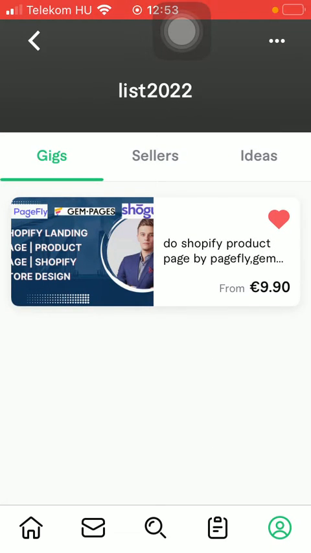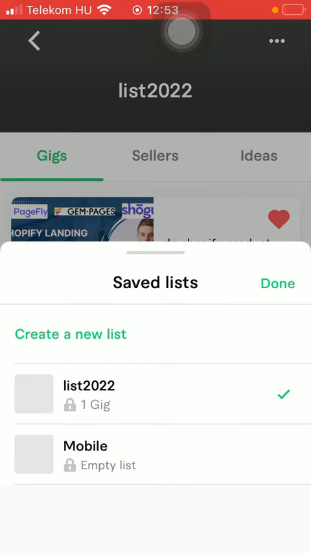If you want to get rid of a service, tap on the heart icon and it will be removed from your